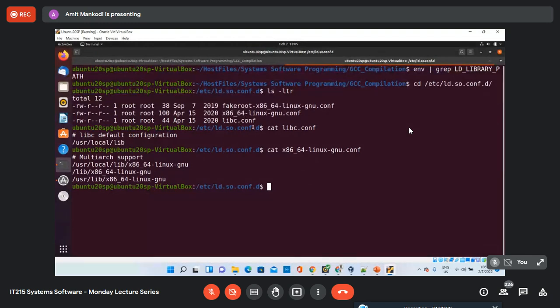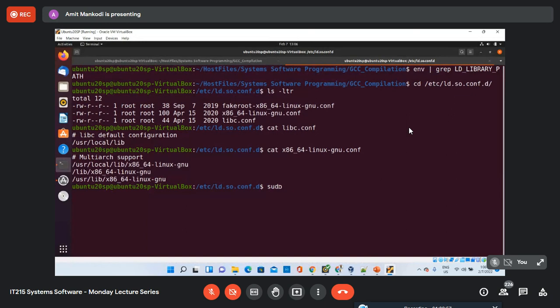Okay, we can create our own conf file here and provide the path in that conf file for the operating system to look for the library file at that path, right? So we have to add a new file in this folder, and in order to do that, you can see that the access required is root, right? This folder requires root access, and what we will do is use a sudo command.